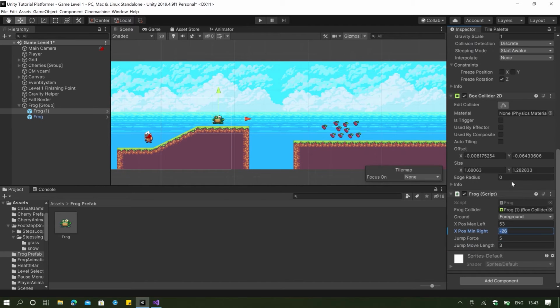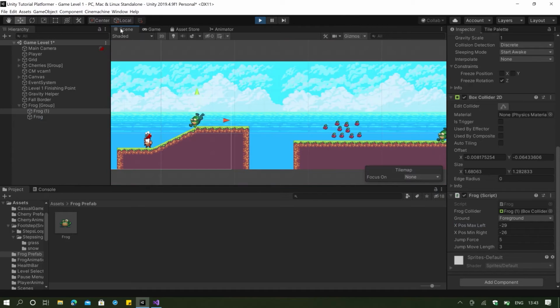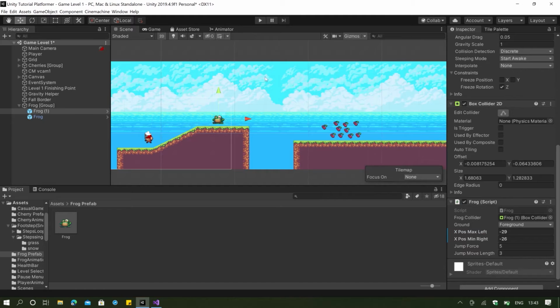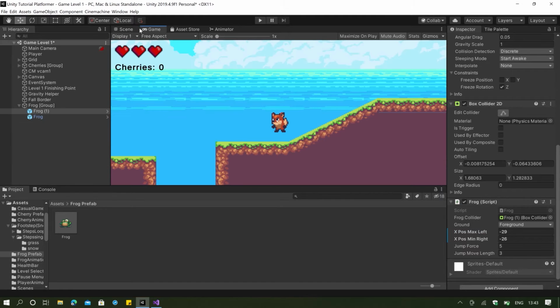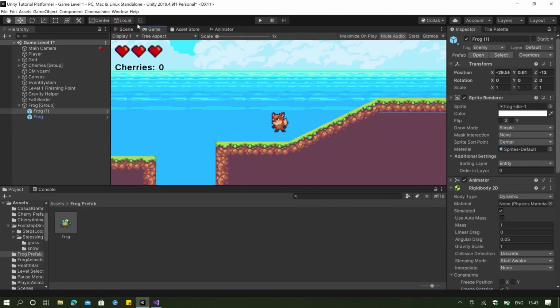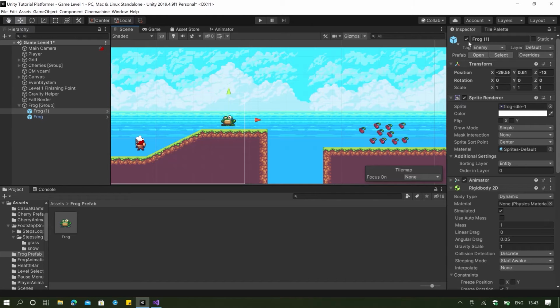So negative 29. And then if we click on play here, as you can see, the frog is sliding, and you can make sure that this does not happen by checking